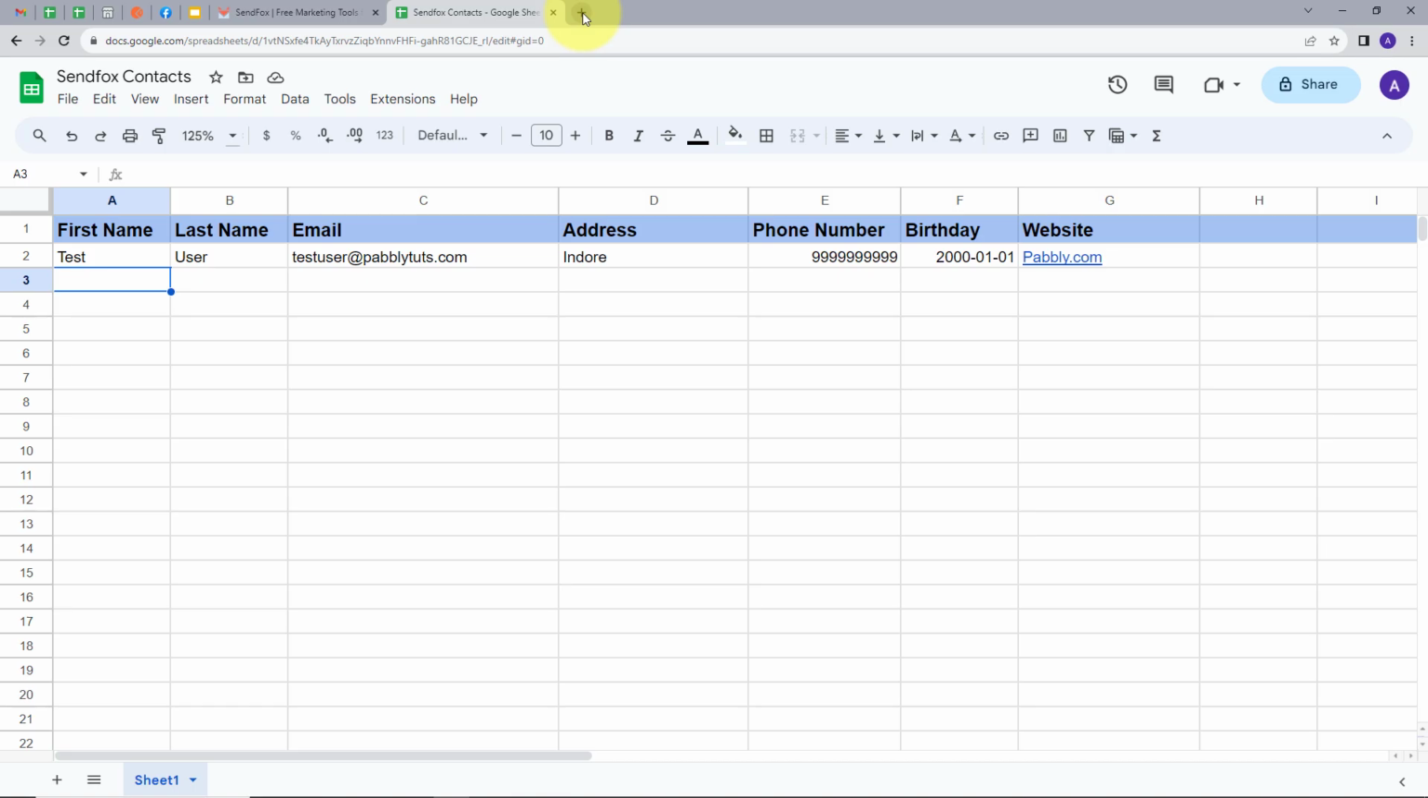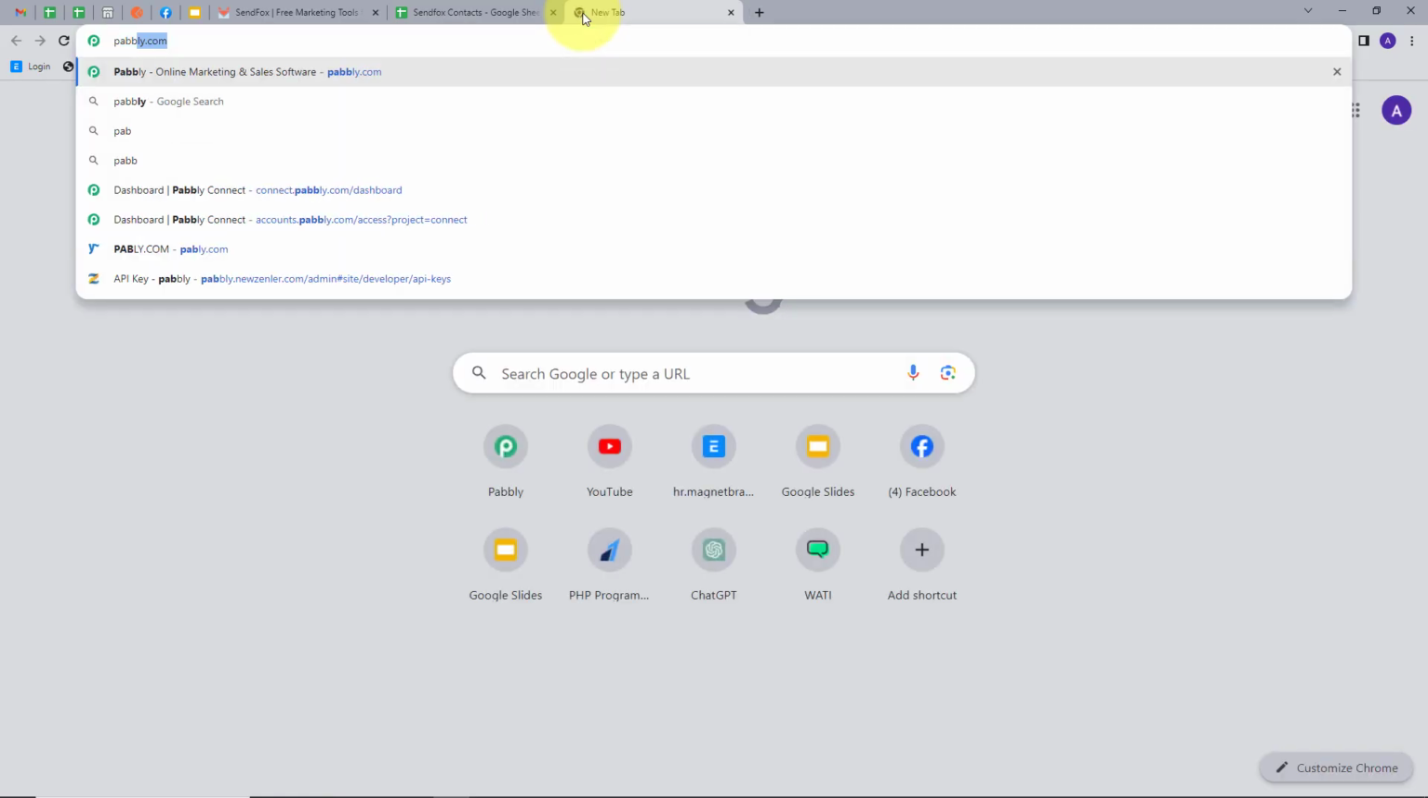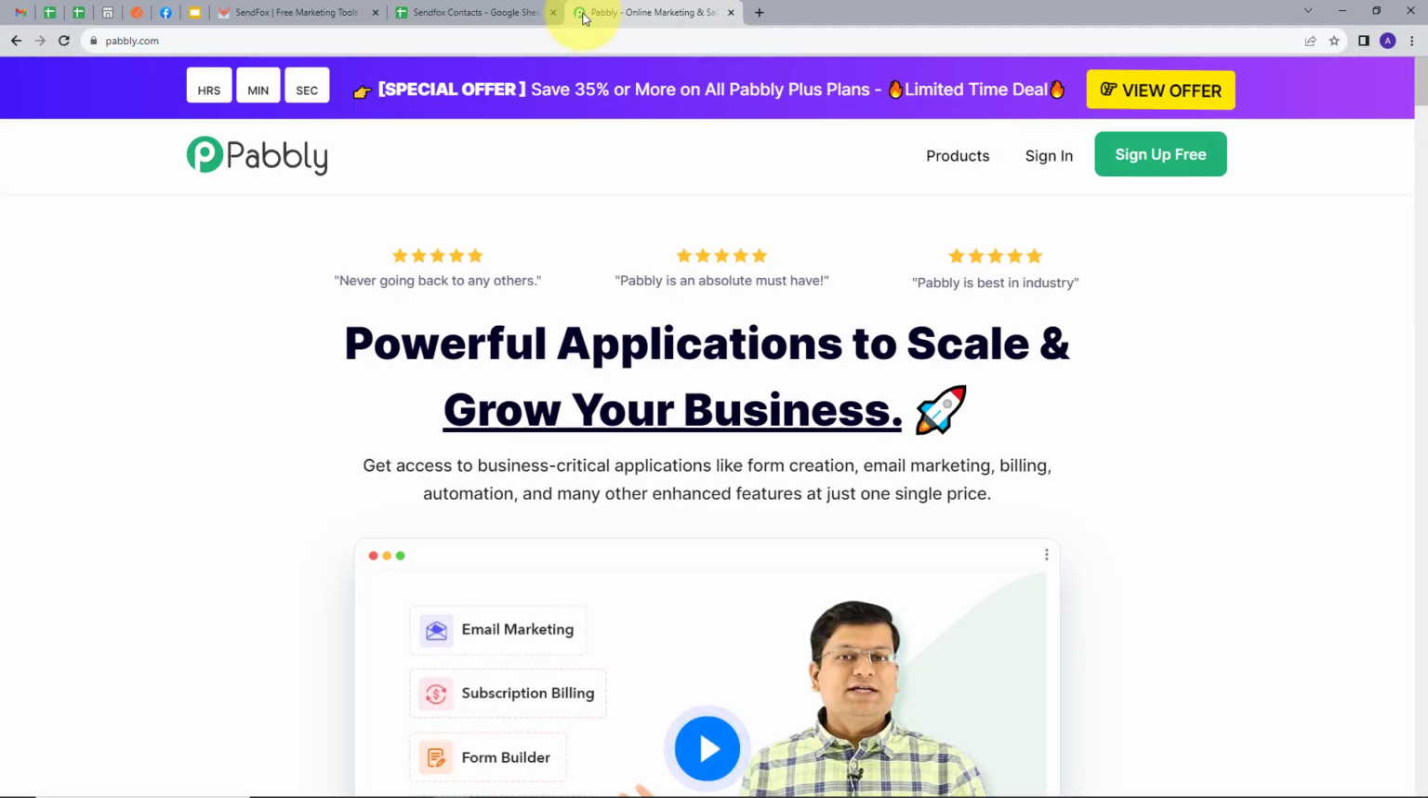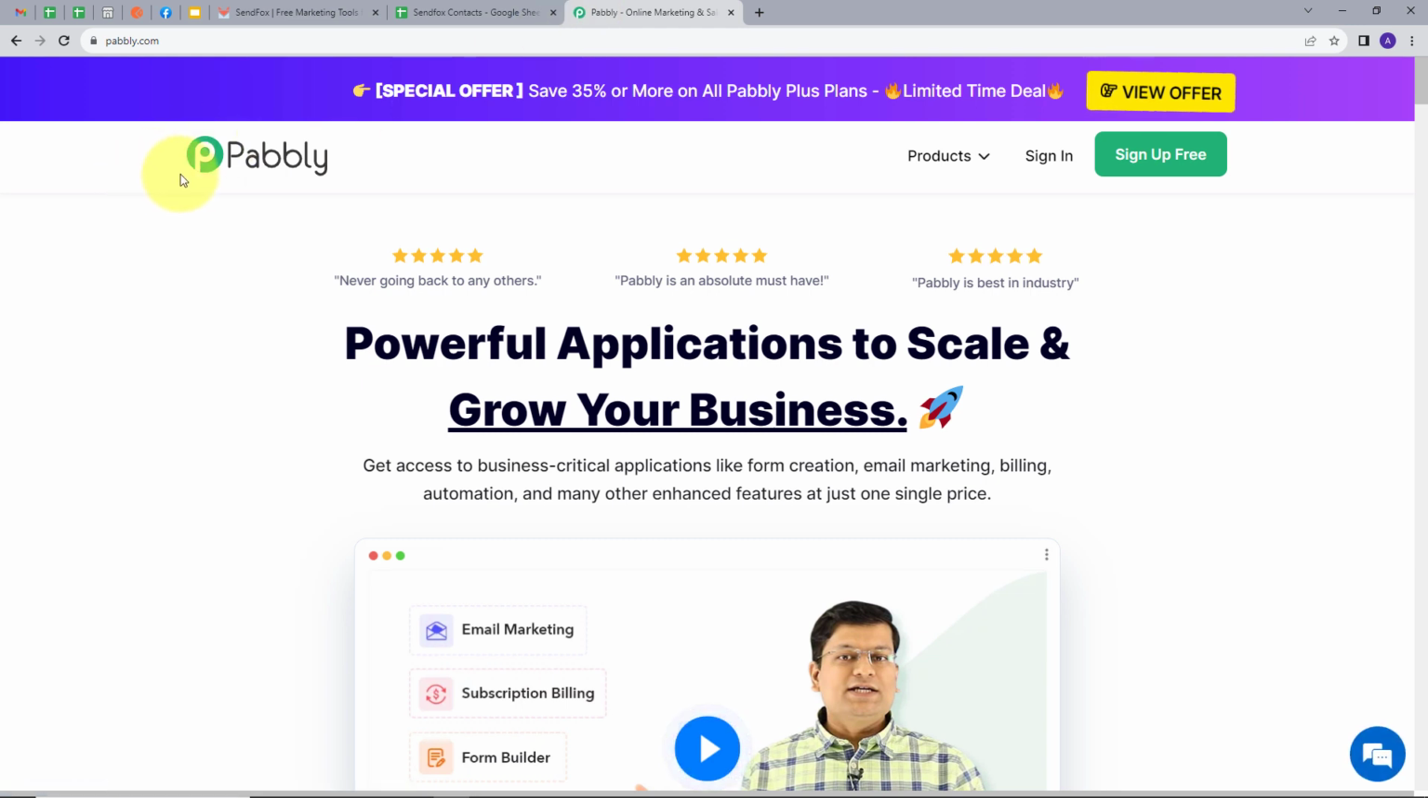For this, I'll open a new tab and search for pabbly.com. And it will take us to this landing page of Pabbly. Here we have two options, sign in and sign up for free. If you don't have any account with Pabbly, you can just sign up for free. It will take only 2 minutes of your time and you will get hundreds of tasks free every month. Or if you already have an account, you can just sign in